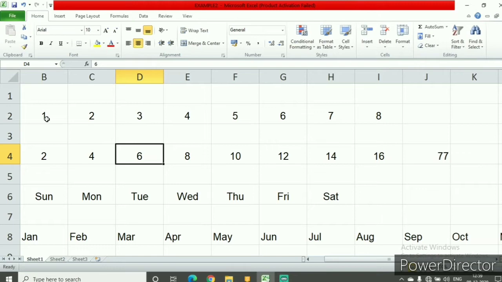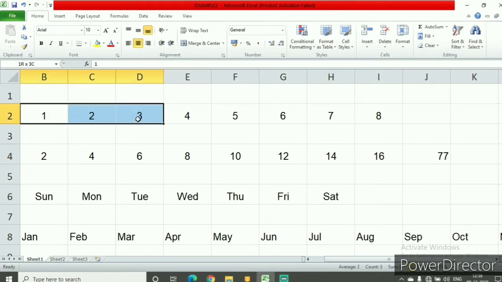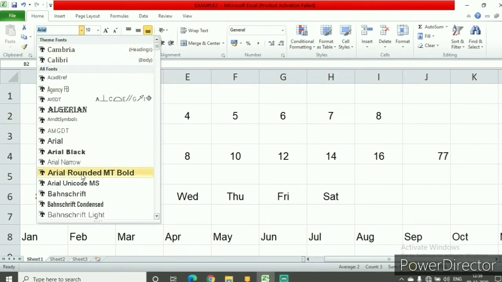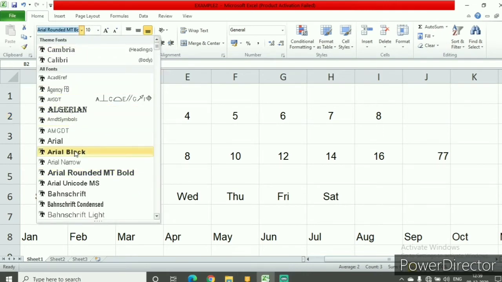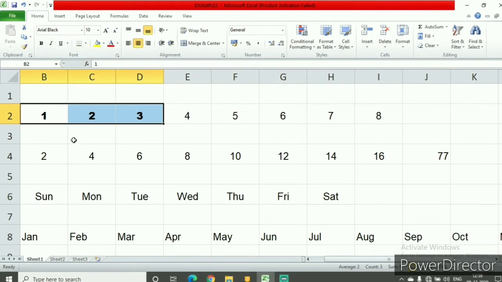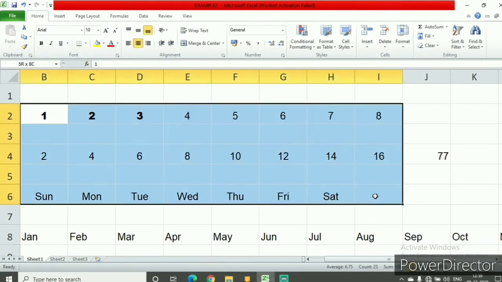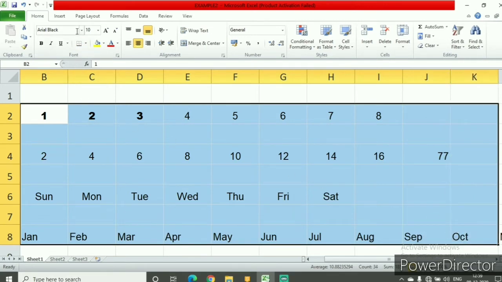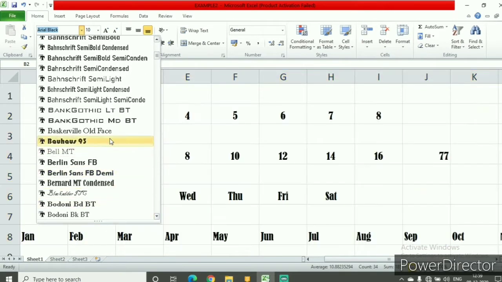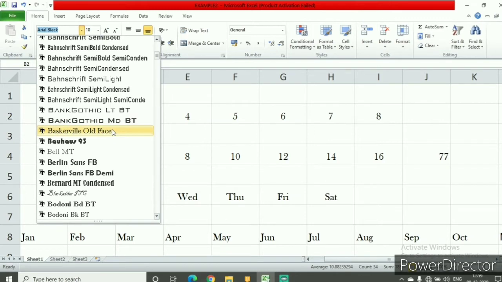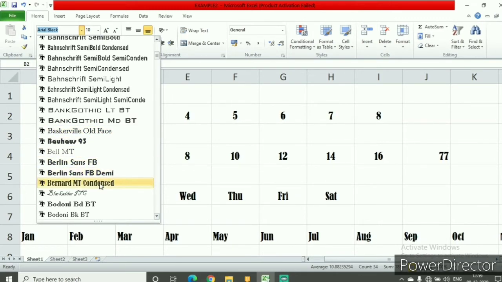Now in front of you there is a worksheet. Now if you see the portion that I have selected, the font is what? Arial and the size is 10. Now from here I can change the font. Suppose I make it Arial rounded, or maybe I make it Arial black. See, can you see the difference here? I'll select more portions so that you can see it properly. So as I move, you will see how the font changes, right?